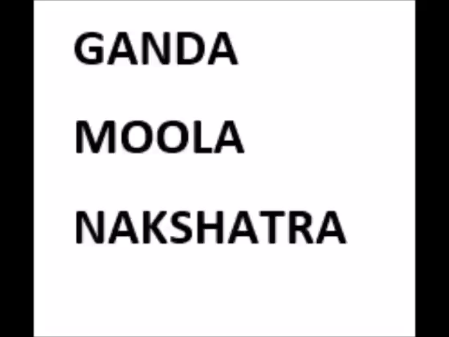Ganda Moola nakshatra is actually 6 nakshatras out of the 27 nakshatras. As we know that there are 27 nakshatras, and out of these 27 nakshatras, 6 of them have been classified as Ganda Moola nakshatra, and these nakshatras are ruled by either Mercury or Ketu. So these are the 2 planets which rule these nakshatras, and it is believed that a child born in